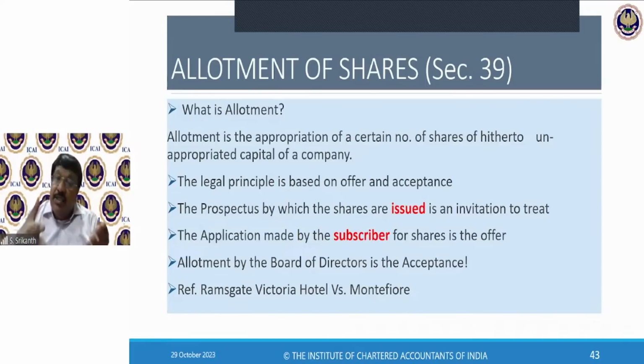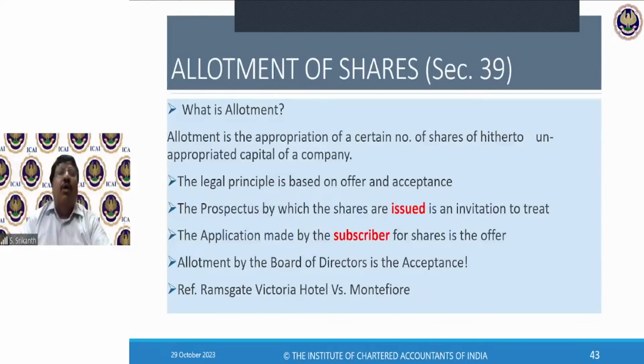But this is the beginning. The shares were not belonging to anybody. But when the application came from the public, they were then allotted, meaning fresh shares, the new shares have been allotted, unappropriated capital. See, in offer for sale, there is no allotment, because in offer for sale, these shares have already been allotted to the promoter and other people. They are only selling it. But still, offer for sale and prospectus will go together. All the rules applicable to prospectus will apply to offer for sale also. Okay.